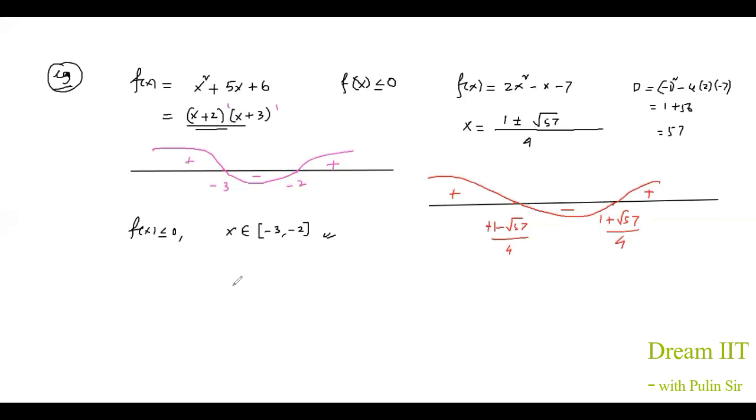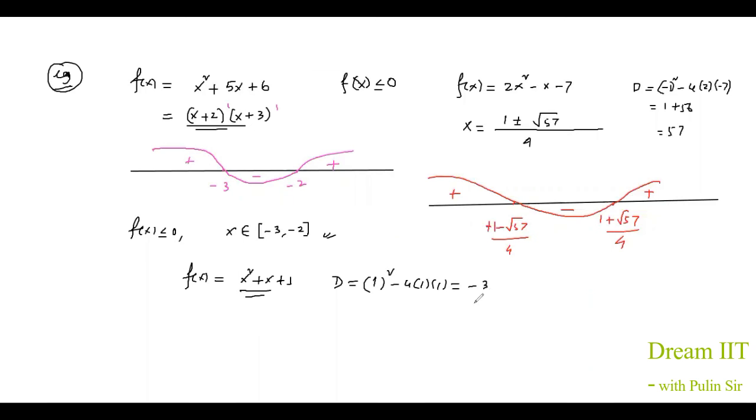One last example I want to discuss. x square plus x plus 1. I have taken one equation, or I can say a quadratic polynomial. Now I want to ask you where it is positive or where it is negative. Now here you may encounter this kind of quadratic equation also. Here you try to see what the discriminant is. Discriminant will be